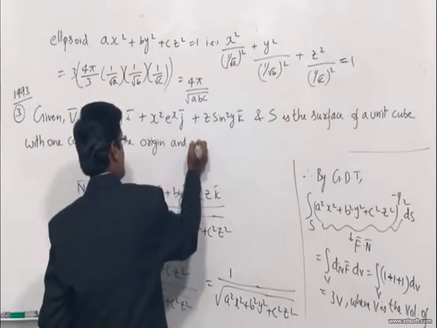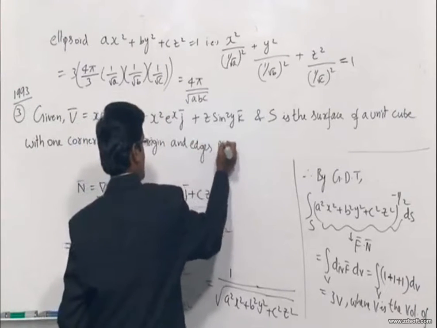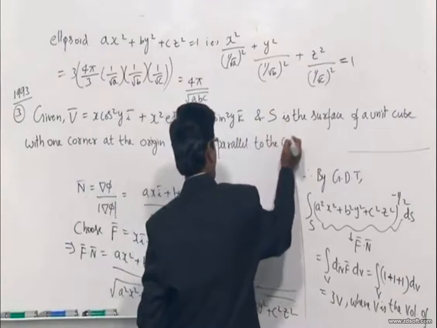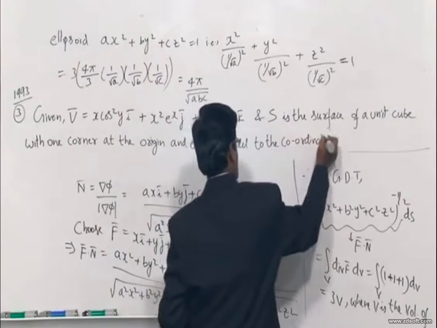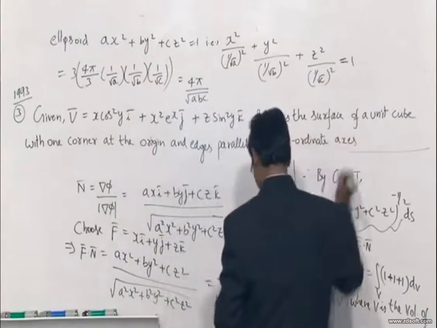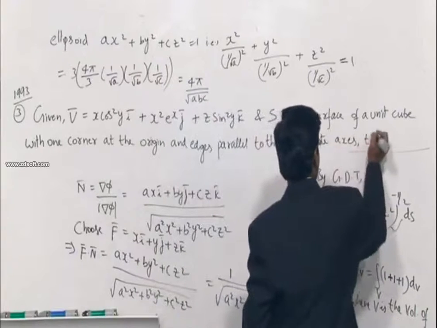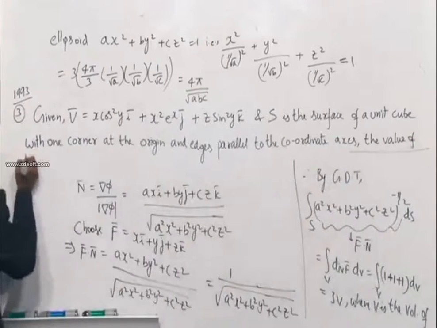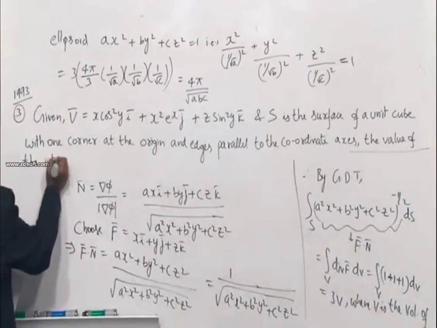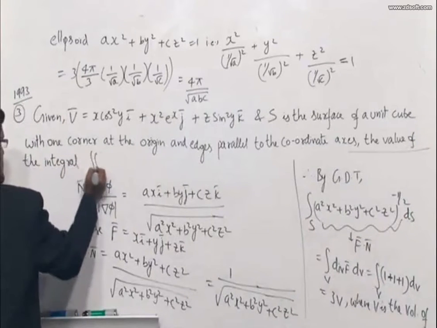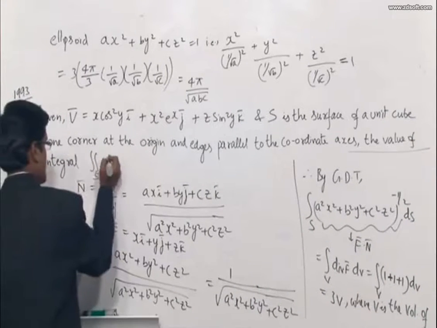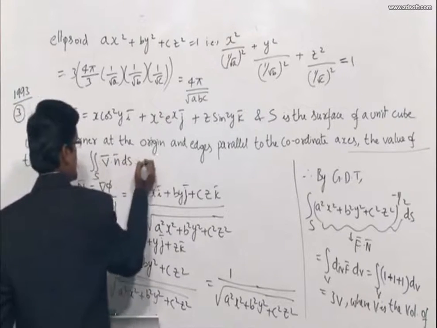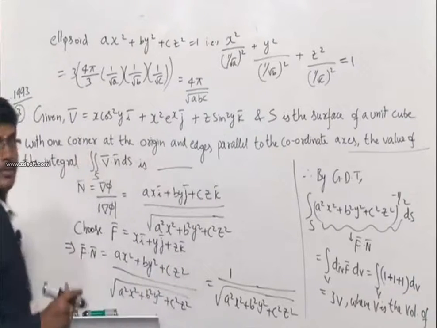and edges parallel to the coordinate axes, the value of the integral, the double integral over S, that is the surface integral of V bar dot n bar ds, is